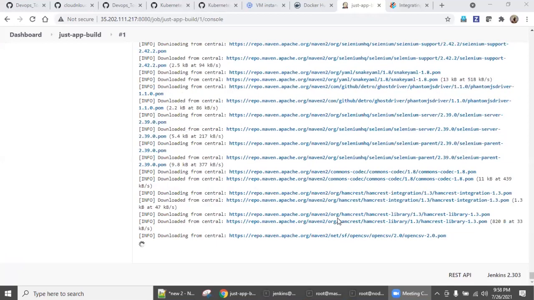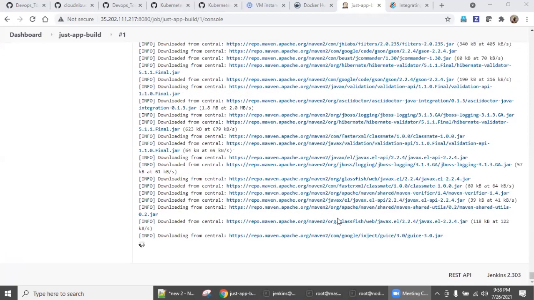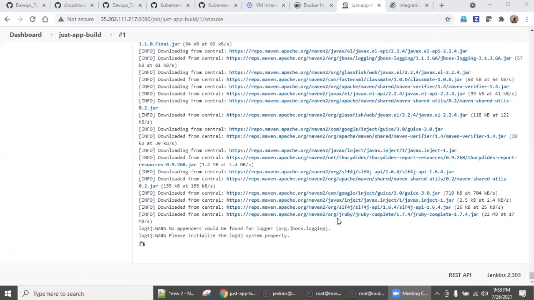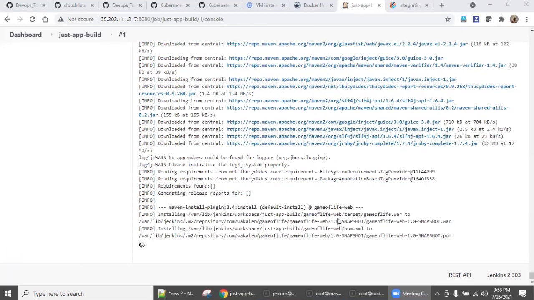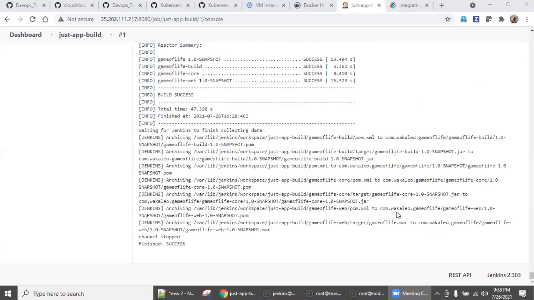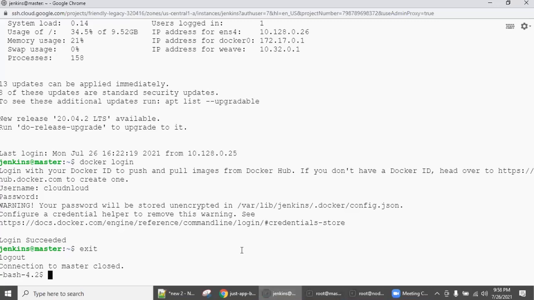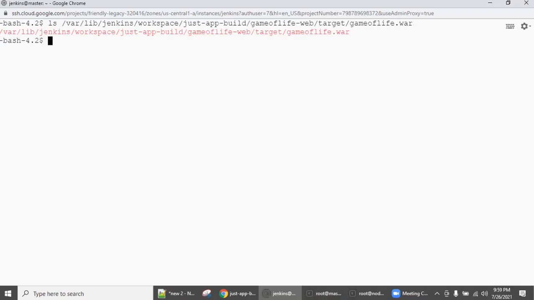Wait for a few seconds. See here, there is a war file created in the workspace. So let's take this directory and the file, go back to your Jenkins machine, say ls. Now this gameoflife war got created.